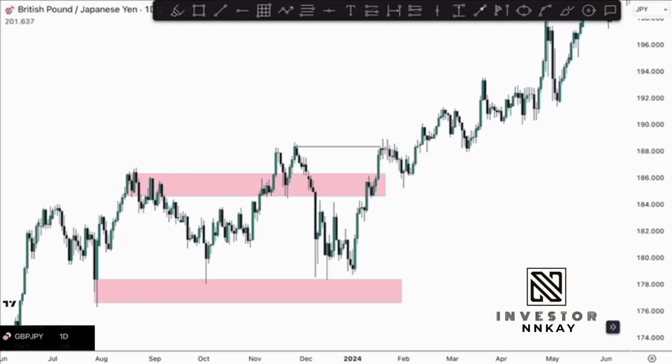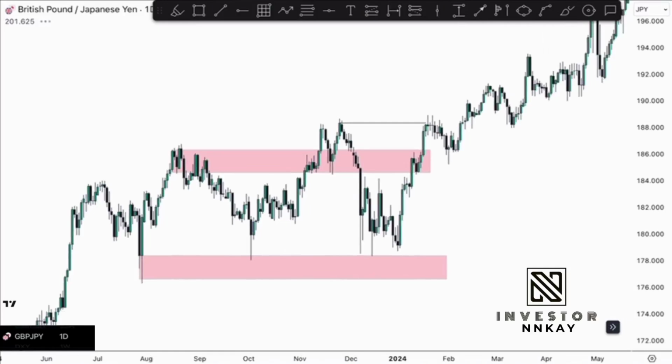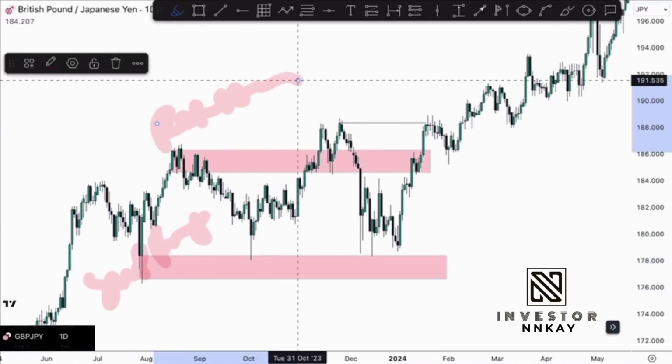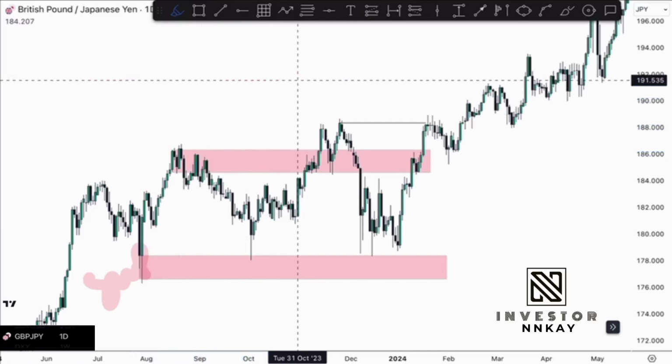So today we are going to talk about how to trade with support and resistance. Now in this chart you can see levels of support. This is a level of support, this is a level of resistance. Okay, now talking about how to trade with these zones,